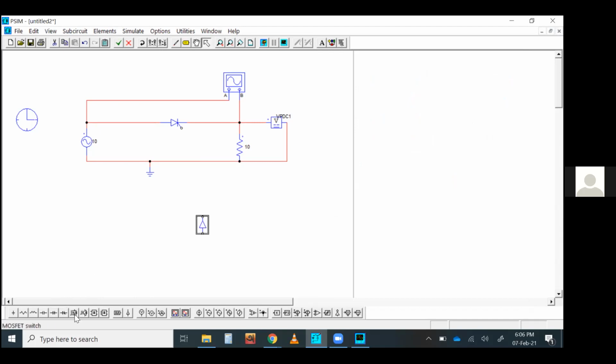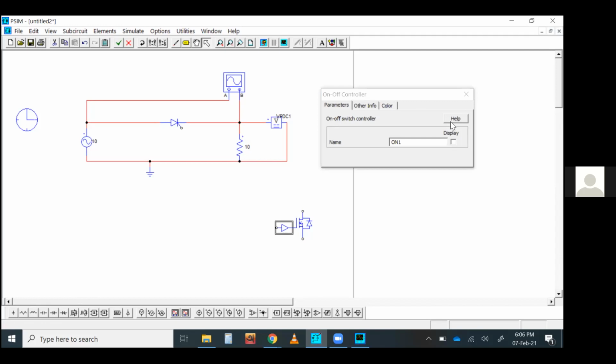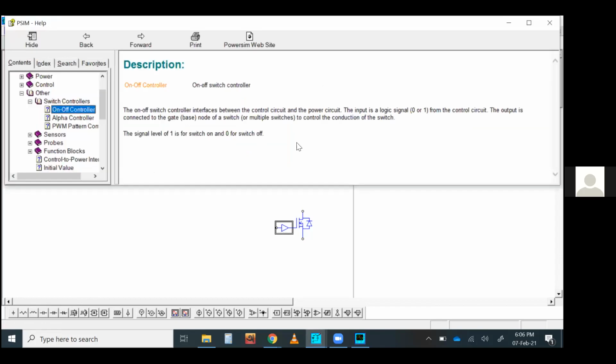If you are going to use this MOSFET, at the gate you just simply put this switch controller beforehand. Then you apply whatever control voltage you want. Same goes for the IGBT or transistor as well. Actually, this is called the on-off controller. You can get more details about this. This ensures that you don't need any additional driving circuit for this IGBT to run this switching device into the switching mode.